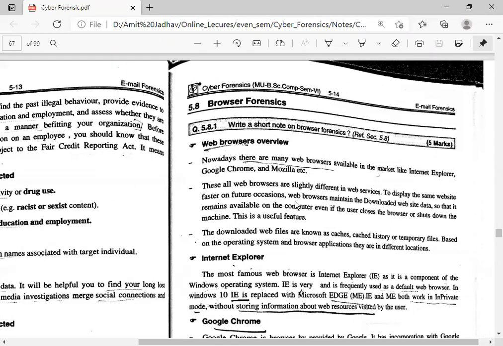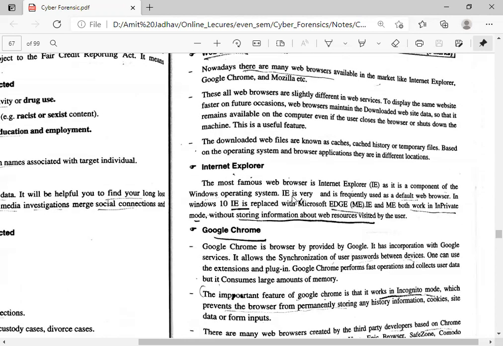Some common web browsers are, first, Internet Explorer. The most famous web browser is Internet Explorer, as it is a component of the Windows operating system. It is very fast and frequently used as the default browser.